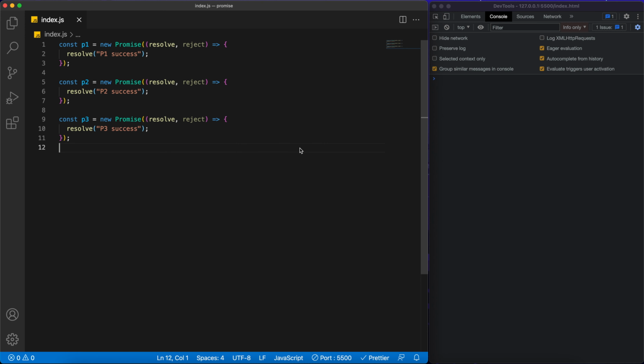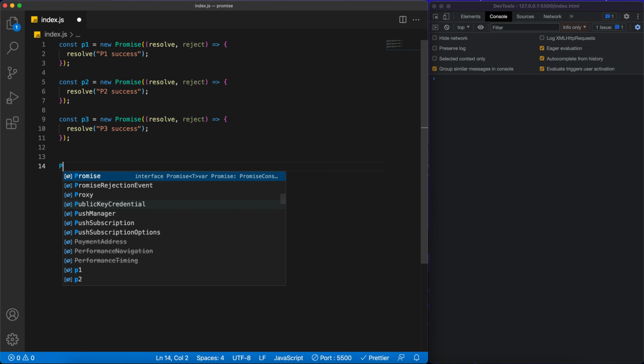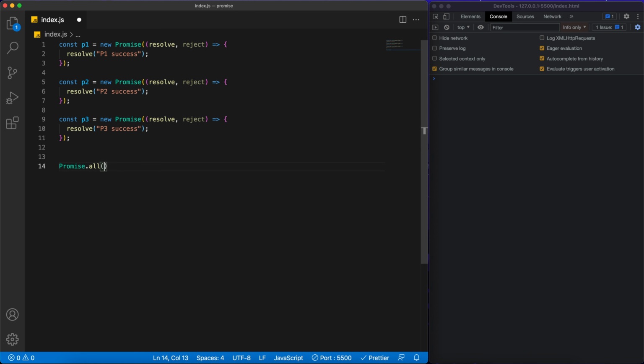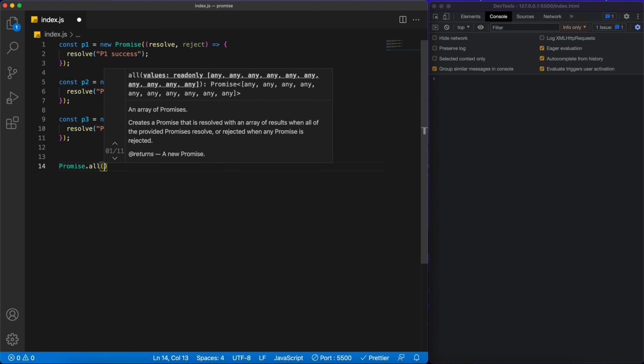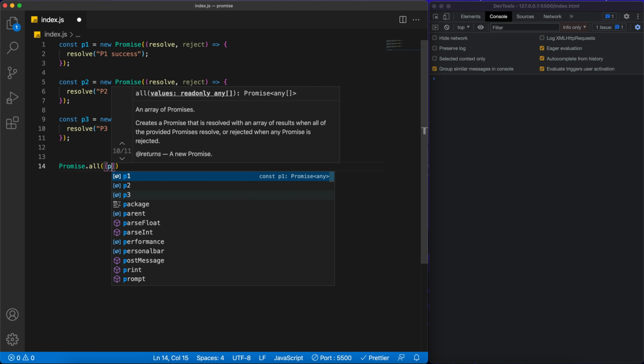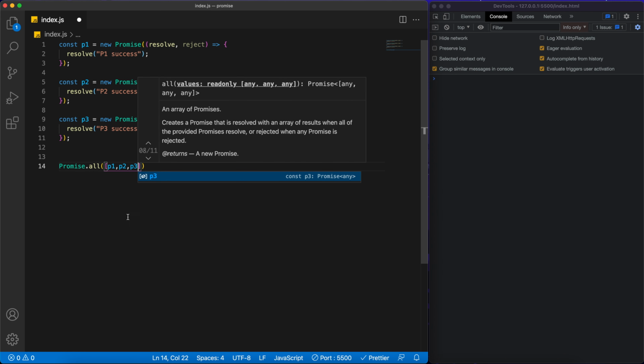So here I have created three separate promises which are always resolved because we are only using the resolve method. Now let us say we want to execute a piece of code only if all the promises are resolved. Here we can use Promise.all, where we need to pass an array as a parameter containing all these promises. So I'm going to put P1, P2 and P3 into this array,